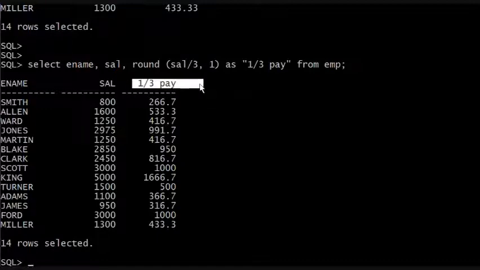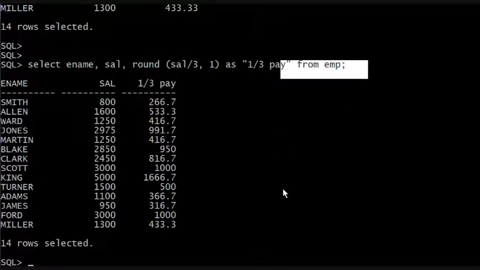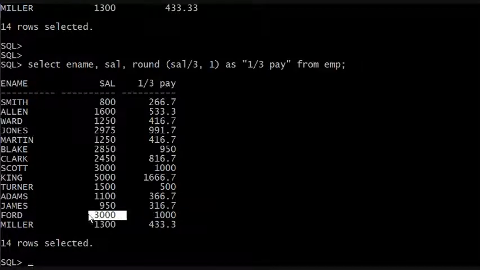So, a third of your pay. Ename, salary, and a third of your salary from EMP. So if you multiply this by 3, you should get that. So this is the round function. The round function syntax is the word round, parentheses, the column in question, any mathematics you would like to do to it, comma,